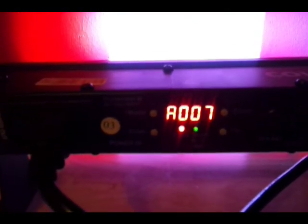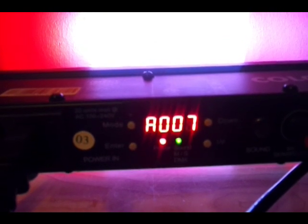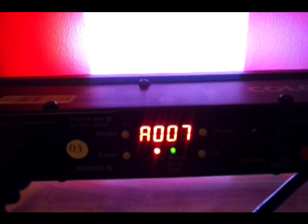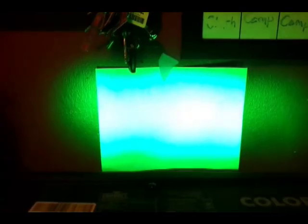Alright. So 5 is like a purple. 6 is that cyan. And 7 is white. Now, from 1 through 7, you get those basic colors: the red, the green, the blue, the yellow, purple, cyan, and white. From channel 8 to 20, you get sequence chasing colors. So if I go to 8, it'll go to that. If I go to 9,